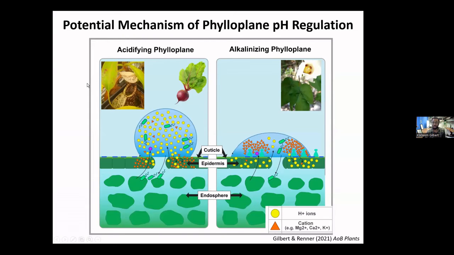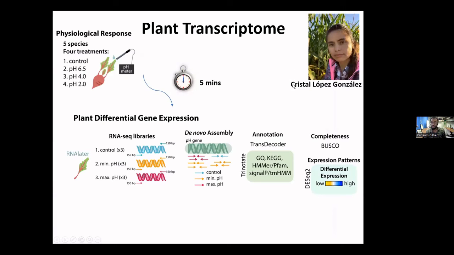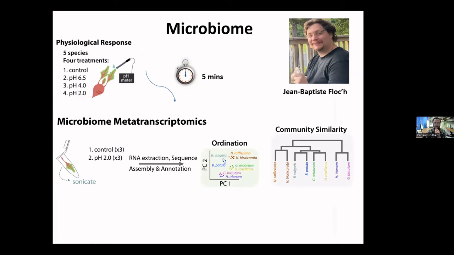So we're looking at the flat leaves and the lamina surface of Nepenthes. We have some physiological questions. Perhaps there's differences in the cation exchange in plants that acidify versus those that alkalinize. And in my current lab now, I have a postdoc working on plant transcriptomes, looking at all of the expressed RNA to look at differential gene expression, to understand mechanistically how plants with different physiologies are regulating pH in response to external treatments, and also looking at how the microbiome changes